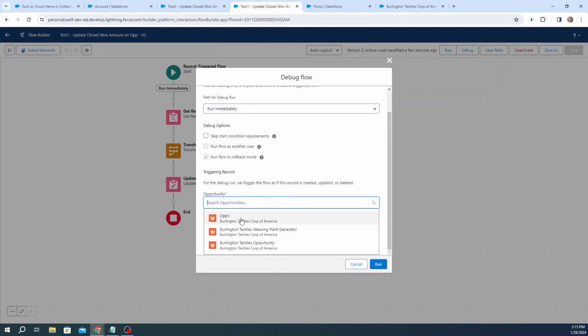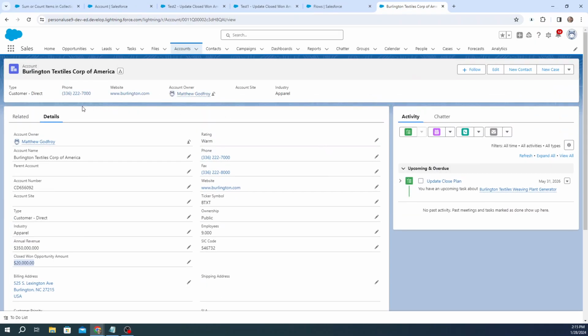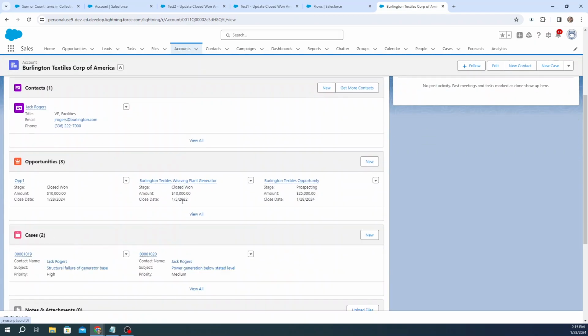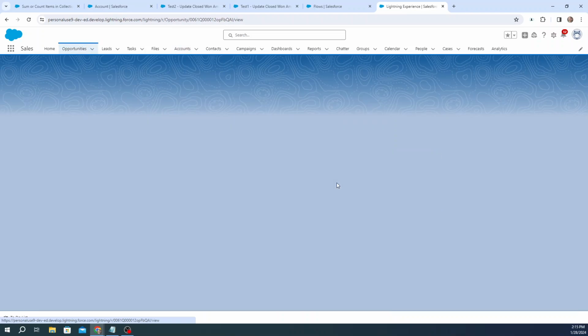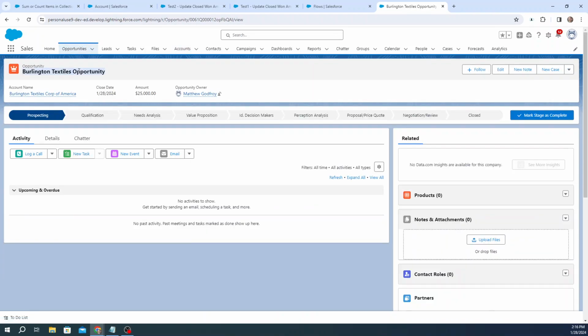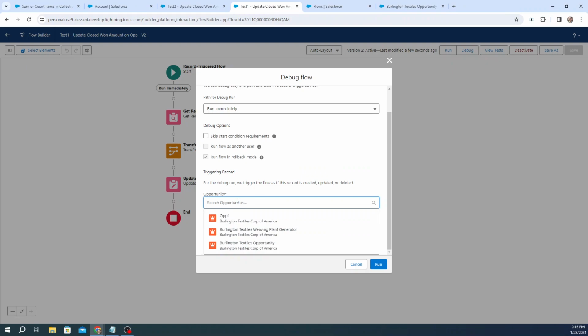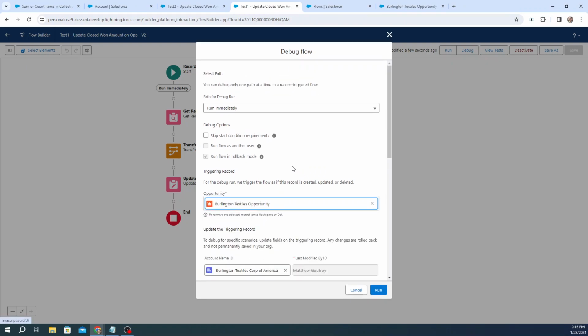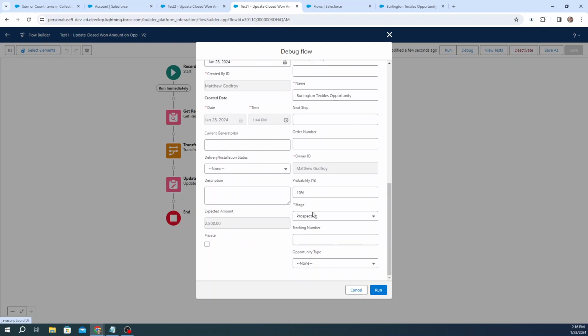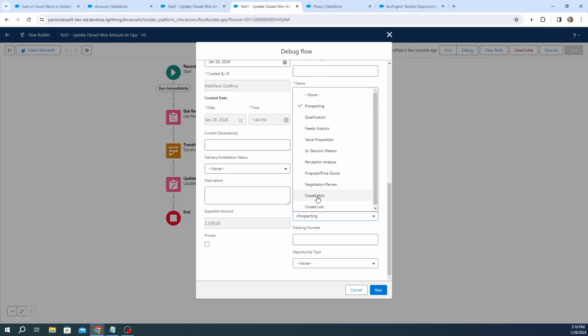I think my account had one more opportunity that we can use to debug. Let's see. It does. So it has this third and final opportunity. So let me just copy this. I have to open it up. So this opportunity, it's under the same account, has a $25,000 amount, and its stage, I believe, is prospecting. Yep, so we can use this to try and debug our flow here. So paste this in, and I'll update the stage from prospecting to closed won. So this should trigger the flow,